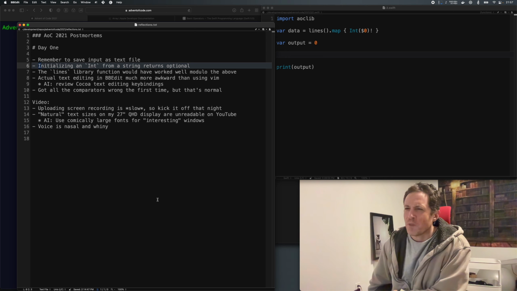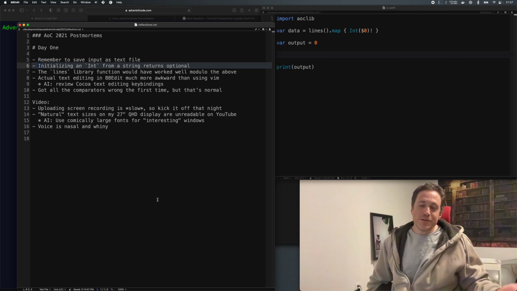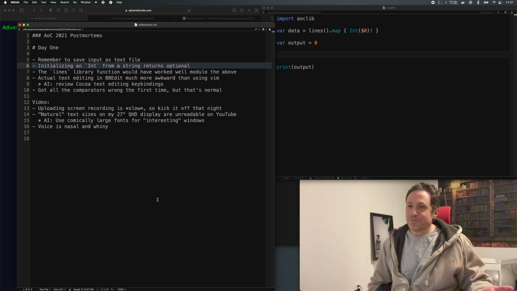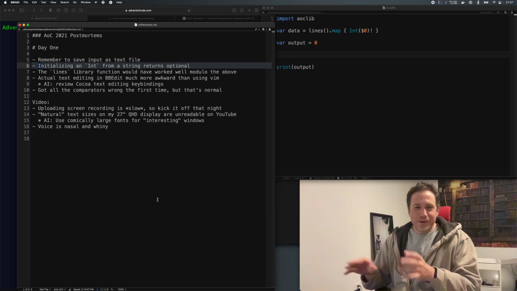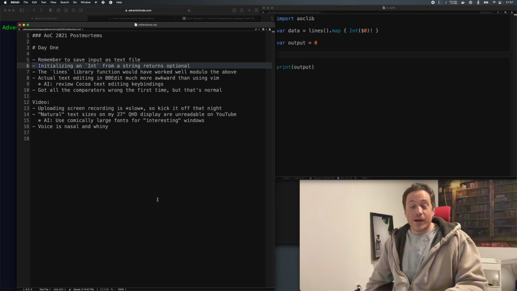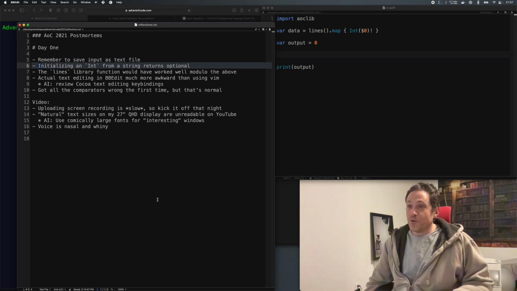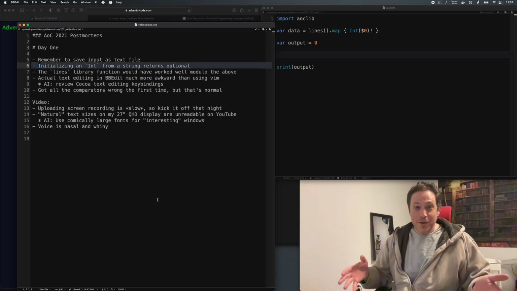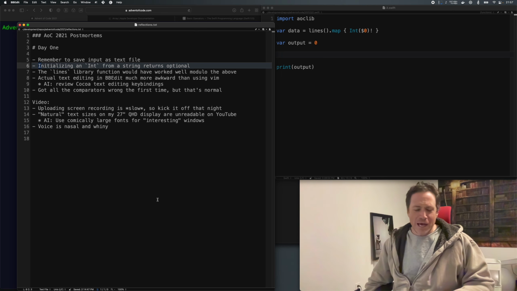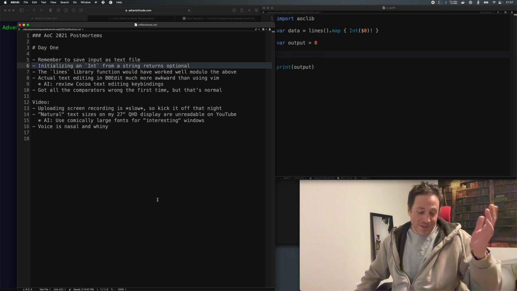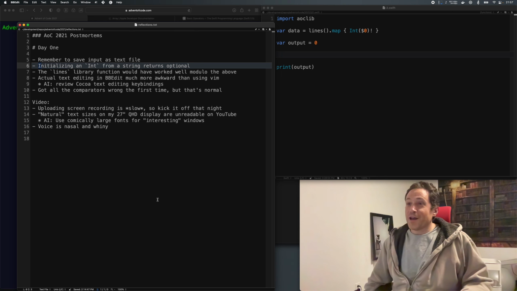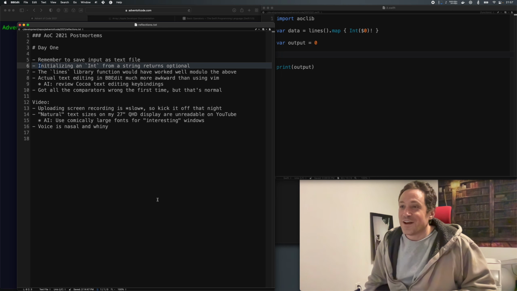I'm used to using Vim for all my text editing, and it's much faster. There are a handful of things, like just F to get to a particular character. Horizontal navigation in a line is really quick in Vim once you know what you're doing. But I'm trying to get used to using native Mac apps because I'm doing Xcode a lot these days, and I'm awkward in it. So I figure I might as well. I'm trying to stay away from Vim, so I'll still be using BBEdit, but that's actionable. I can review the text bindings and get better at that.